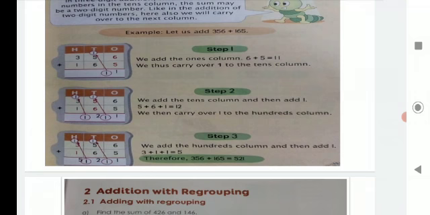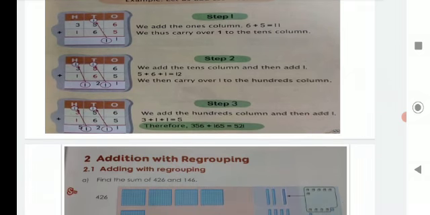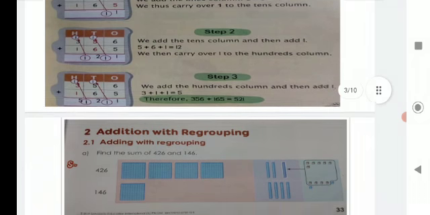So we cannot write that 2-digit number directly in the answer. We always write the ones place digit in the answer. In 12, the ones place digit is 2. So I'll write 2 over here, and then we carry over 1 to the next hundreds column. Now at the hundreds place I can see I have 3 numbers: 3, 1 and 1. 3 plus 1 is 4. 4 plus 1 is 5. So at the hundreds place I will write 5. Therefore the answer is 356 plus 165 is equal to 521.